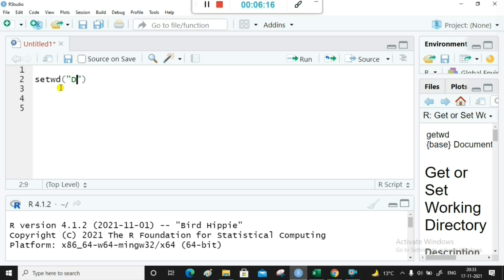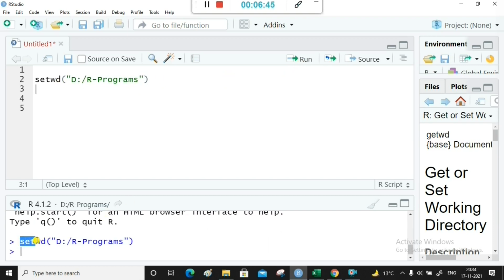So here I will write D:, and I created one folder called R programs. In this location I will save all my files. So let me execute it.